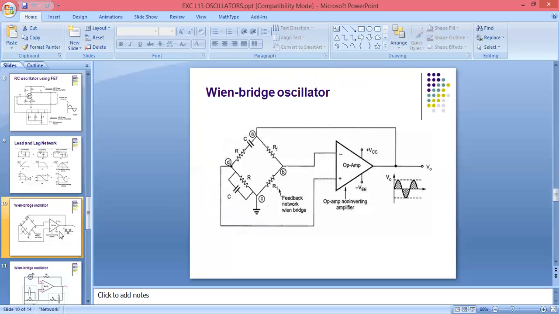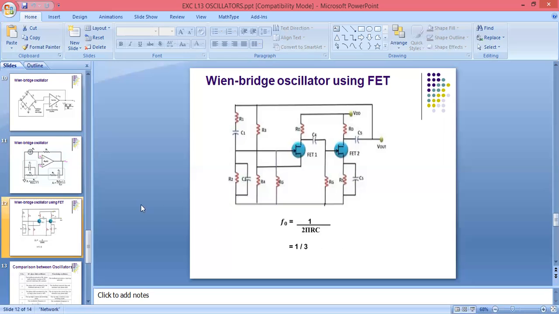But here we are using a Wien bridge oscillator. So the Wien bridge will not give any phase shift. We are using only the two-stage RC coupled amplifier, which will individually give 180-degree phase shift, so their total will be 360-degree. So the output frequency we will get is 1/2 pi, in bracket you can write R1 C1 into R2 C2, because we are using this as a feedback.